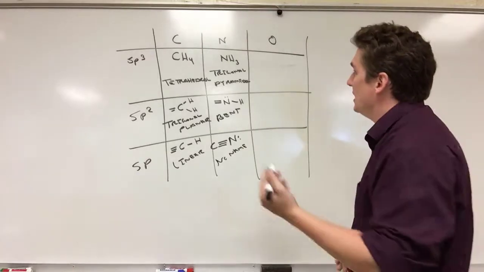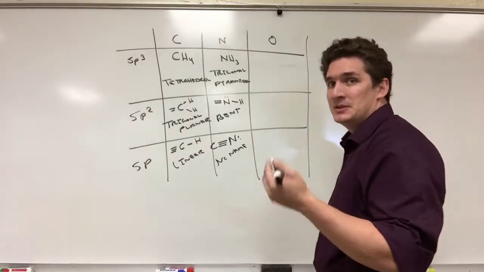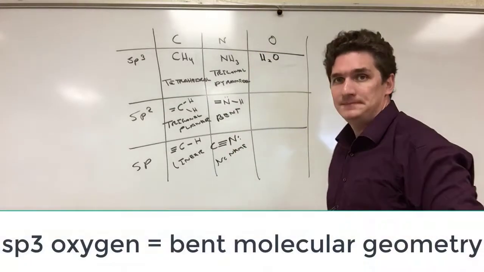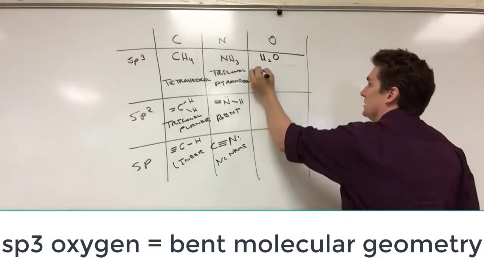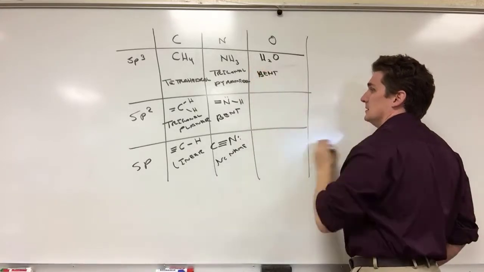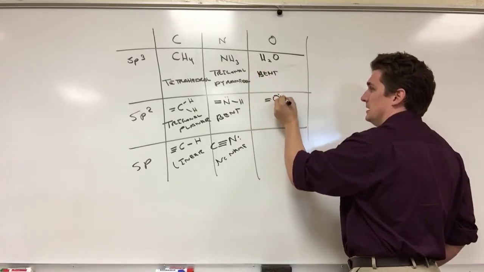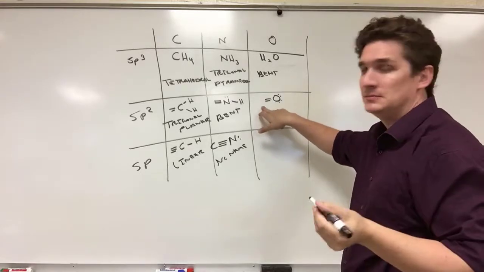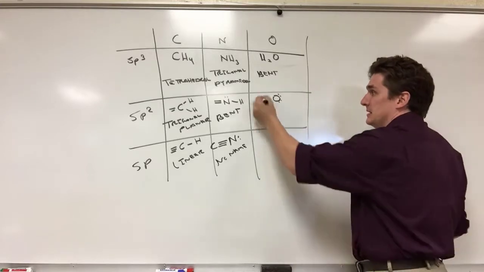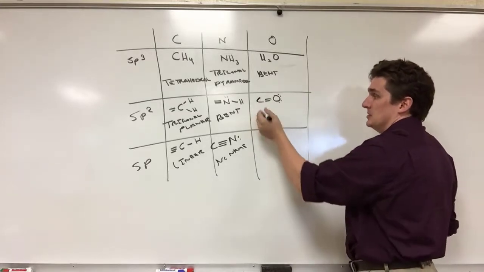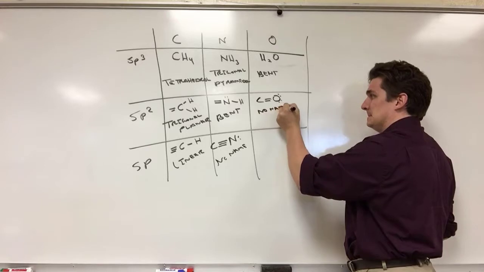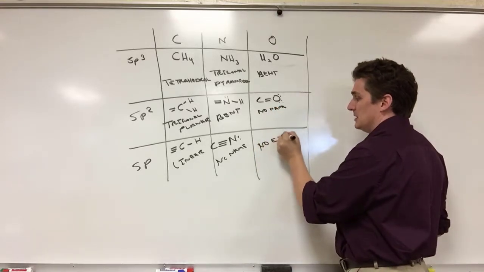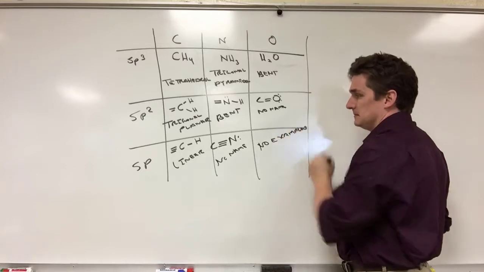How about oxygen? Oxygen has 2 lone pairs. And so an example of your sp3 hybridized oxygen is water. Now this is going to be bent. In the case of your sp2 hybridized, we have 1 double bond. That's it. We have a double bond to this. It is something like a ketone or an aldehyde. There's no name for this. Some people may call this linear, and there are no examples of this, at least within the organic context, for sp